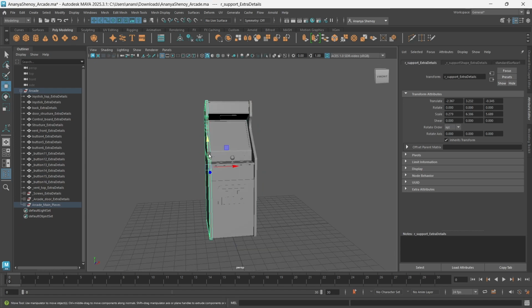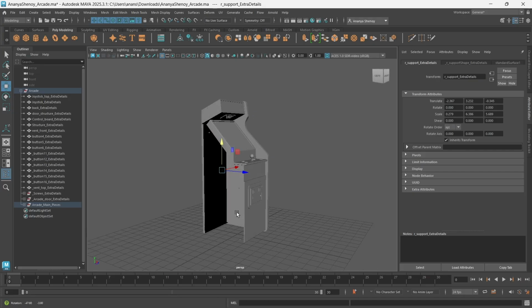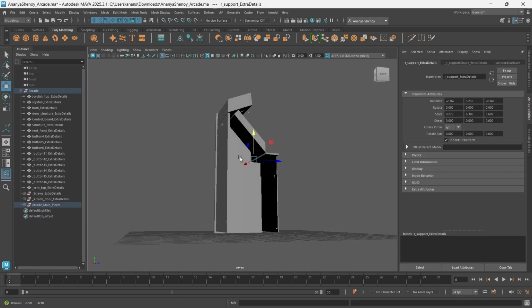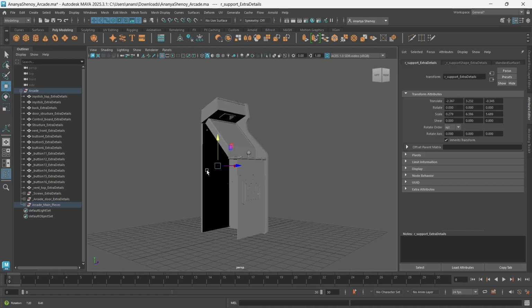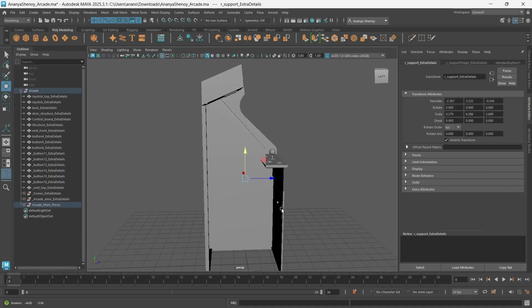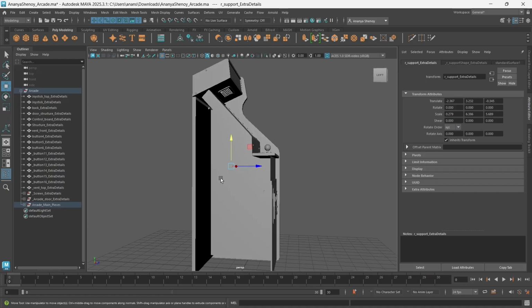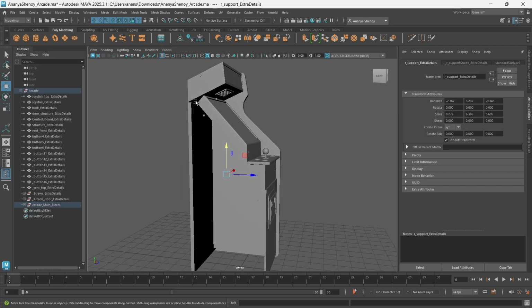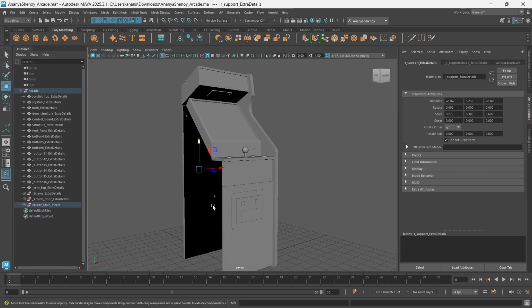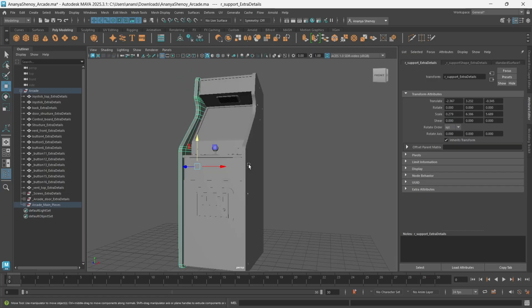Let's hide these parts. You can delete certain parts of your model if you don't need to see them. This will become important when you are texturing with your UV editor. So I modeled this the same way that most of you did with an inside. I deleted the inside pieces because I'm never going to see them.